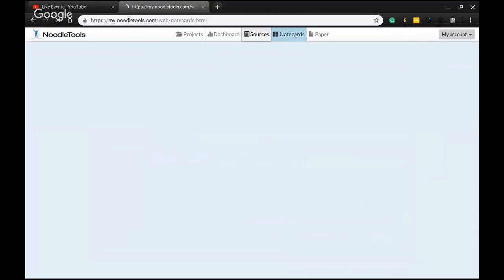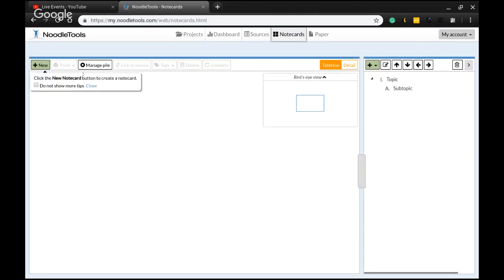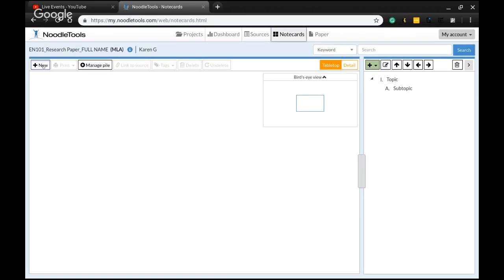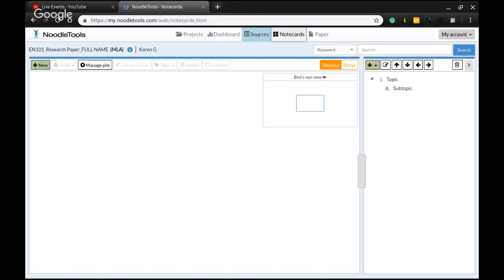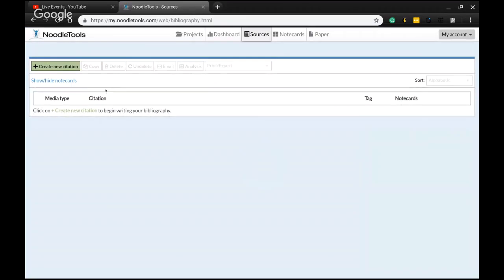As you go through your sources, you will create note cards. So click on New. This is essentially a digital version of using index cards to organize your thinking around a project. So my note card, what is this note card about? And what source did you get it from? So notice how it says select source. You have to have your sources inputted here under sources first. Once you have all your sources listed, then you do your note